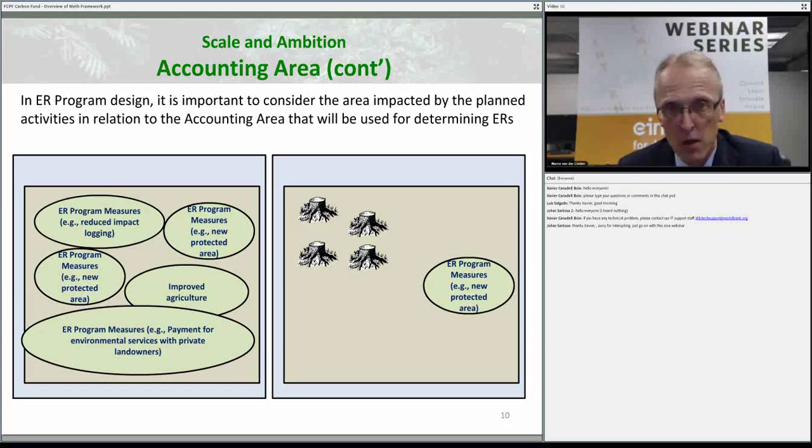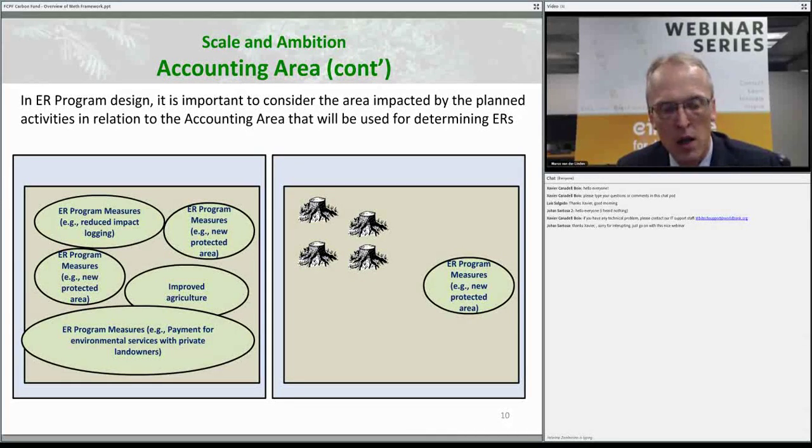What are my measures, what are my policies that will create emission reductions, and how does that connect to this accounting area that I need to define, which is the area where I'll do my reference level, my MRV? And is there a chance that there will be major emissions occurring in that area that will not be covered by my activities? That could be a potential risk for your program. So that's really something to think about. You can be very ambitious and say we're going to do a program that covers half the country. But if you're not impacting all of that area through the activities that you're implementing, that might have an effect once you start doing your reference level and your MRV.